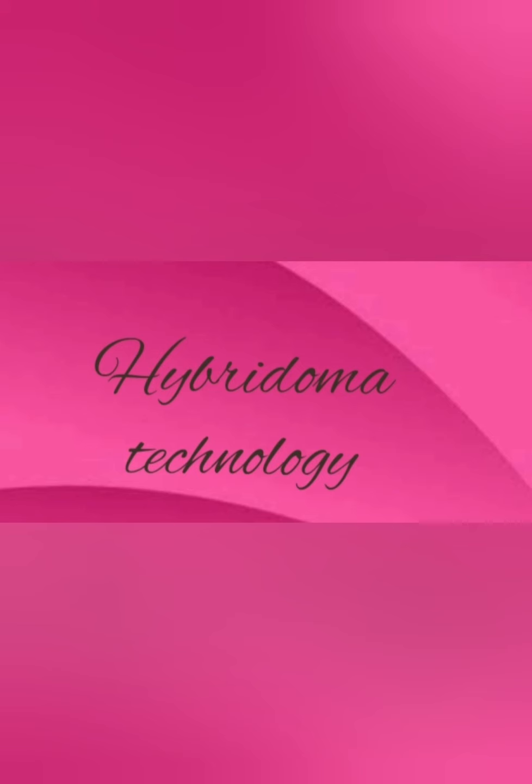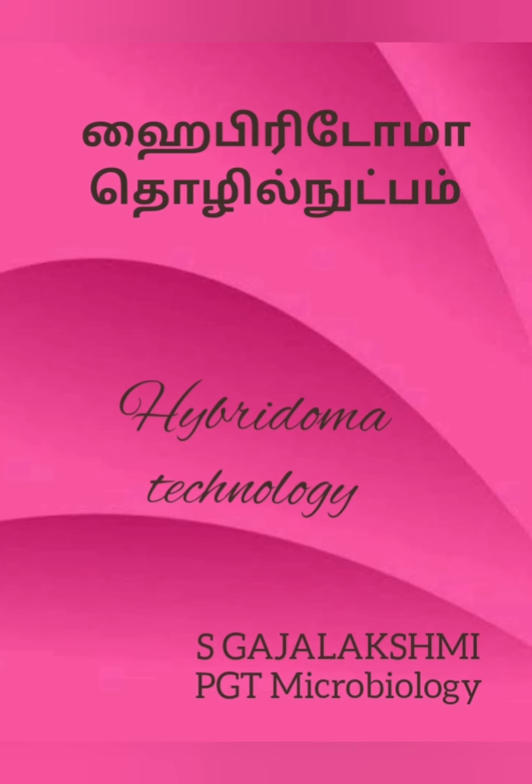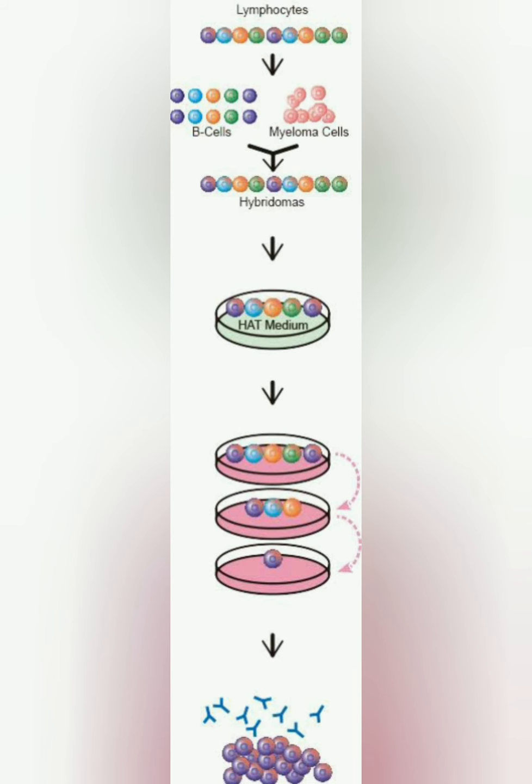In last video, we understood what is Hybridoma technology. In this video, we are going to see how HAT medium is used for selecting Hybridoma cells. If you missed the Hybridoma technology video lesson, no worries. I have given its explanation in both Tamil as well as English link in this particular video description part. You can see it. Okay, let us now get into the video lesson to know how Hybridoma cells are selected